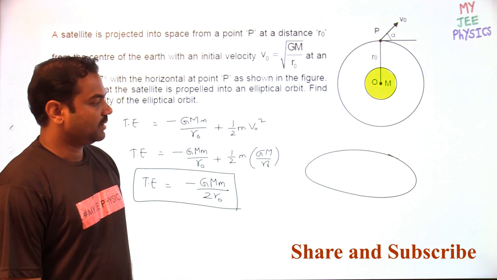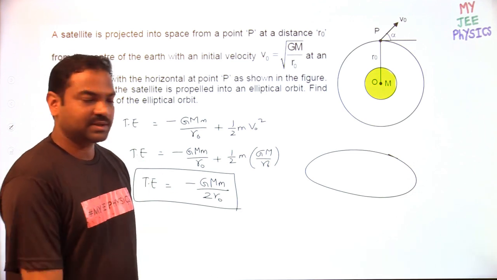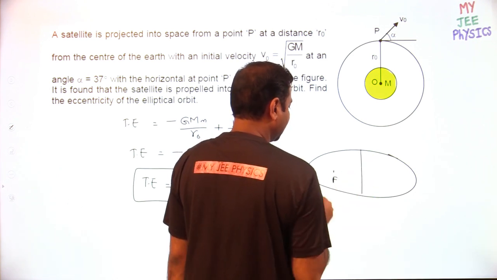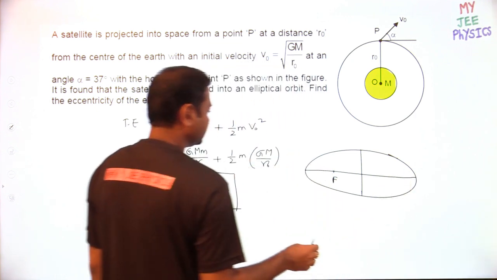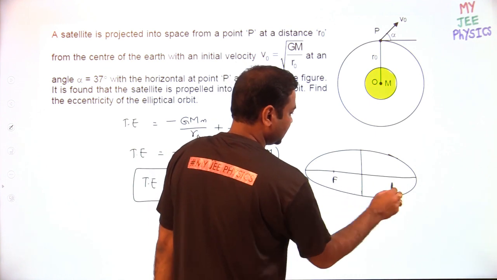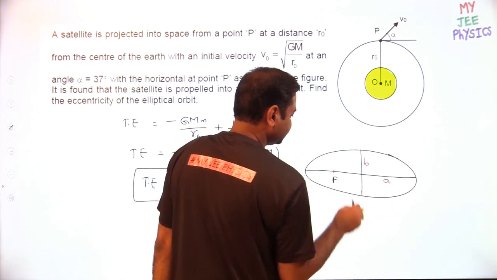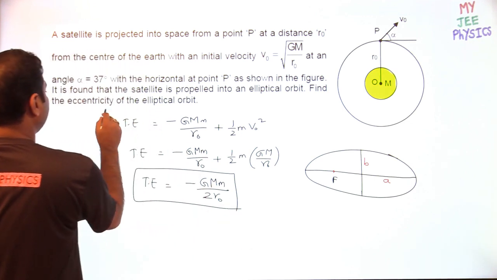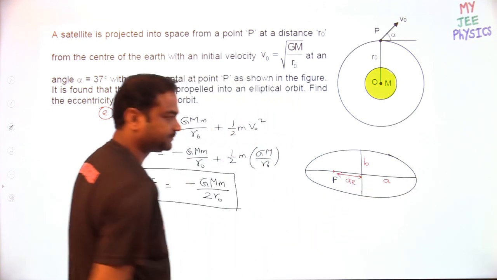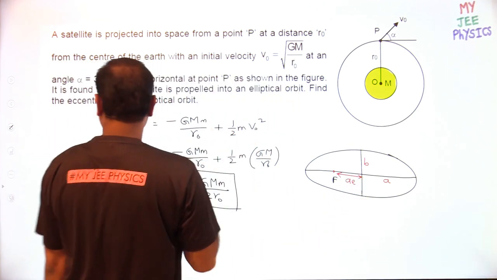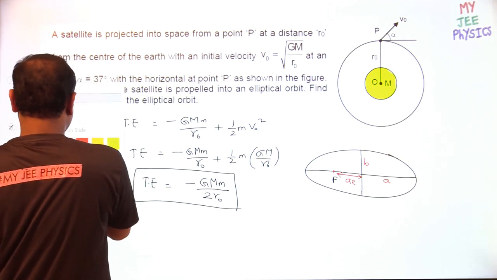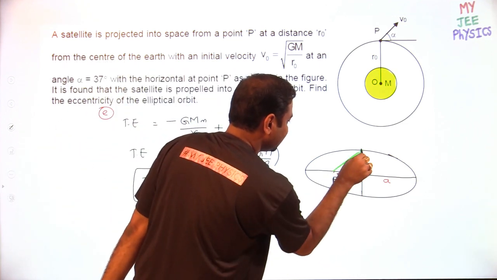Elliptical orbits now. So if I go through the elliptical orbits, this is the focus, okay? And this is the semi-minor axis, and this is the semi-major axis. Major axis and minor axis also you can write down, anyway, your choice. So this I am writing as A, and this is B I am writing. If the eccentricity of the elliptical orbit is e, then this value will become AE. Now we have one important logic of this elliptical orbit. Now let us see this distance value. What is this distance value?